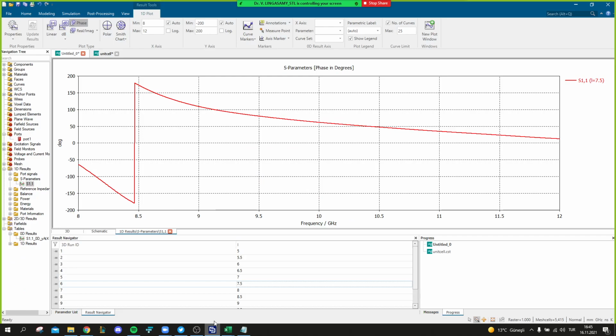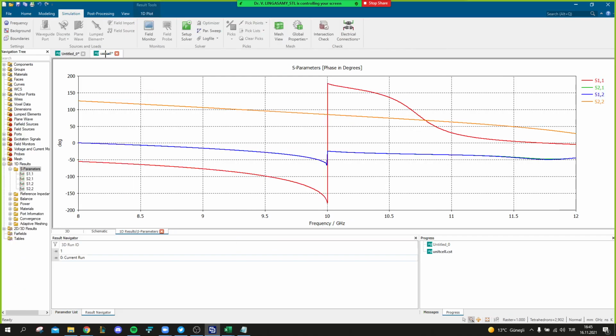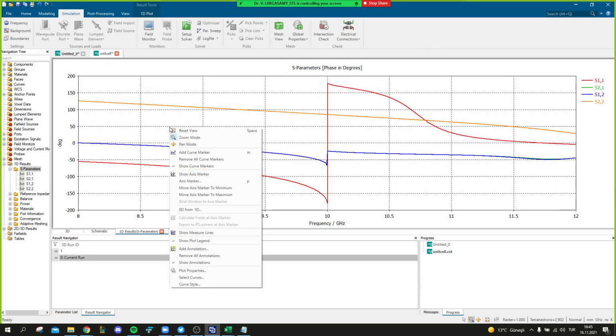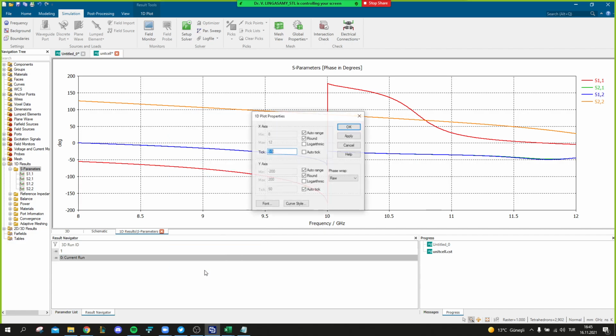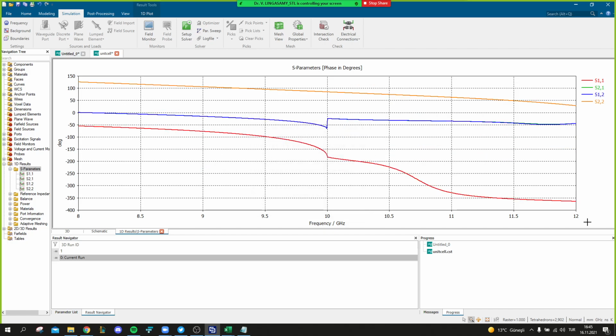Otherwise, in simulation you can get it. How? You can right click and then go to plot properties. Then here you can see something called wrap data, unwrap data. Wrap means whether you want to wrap between minus 180 to plus 180, or 0 to 360, or simply unwrap, then you will get these values. That's it.